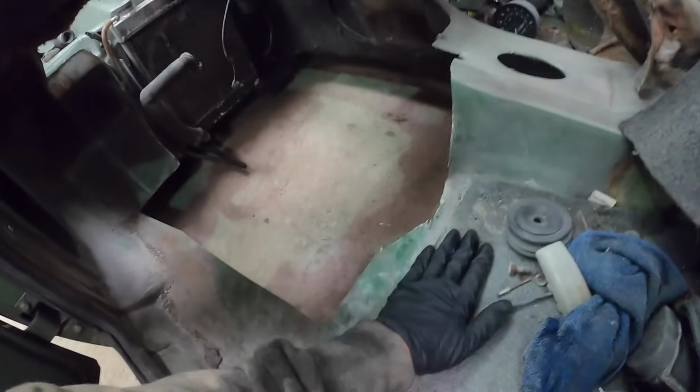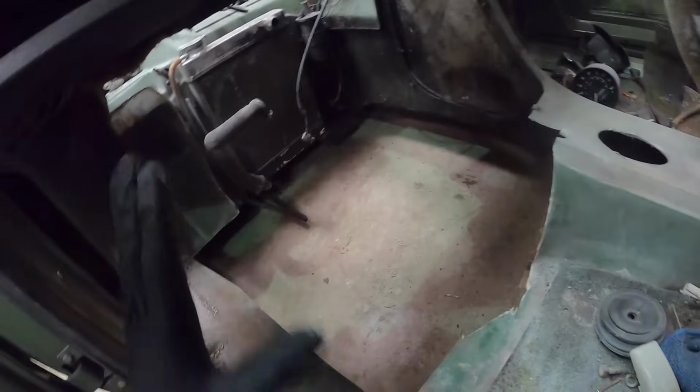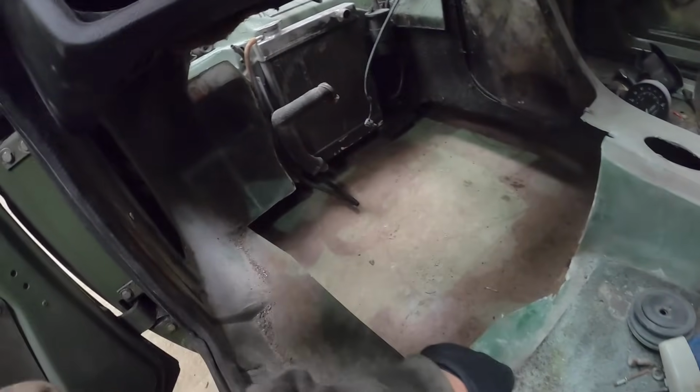So whoever's going to be sitting in this passenger footwell, it's not going to be fun, I'm not going to lie. I'm going to have to just make some seats, go all the way back, and just put some kind of cover, whether that be perspex or...